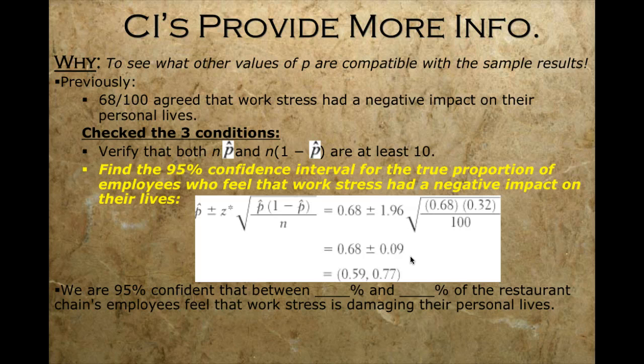Therefore, I'm 95% confident that between 59% and 77% of the restaurant chain's employees feel that work stress is damaging their personal lives. Notice my hypothesized value of 75% falls in there, so that could in fact be the correct